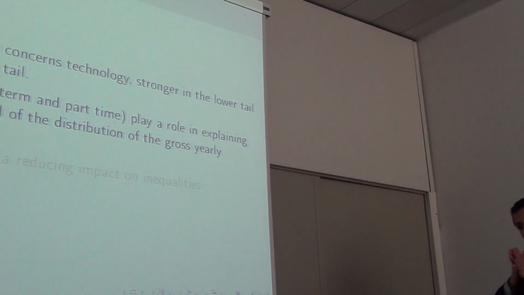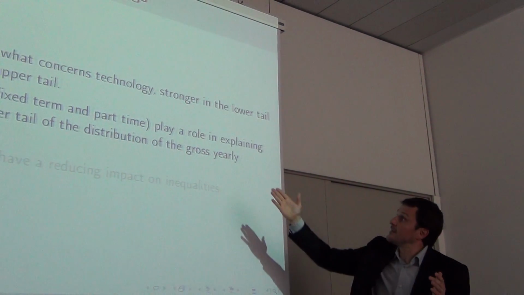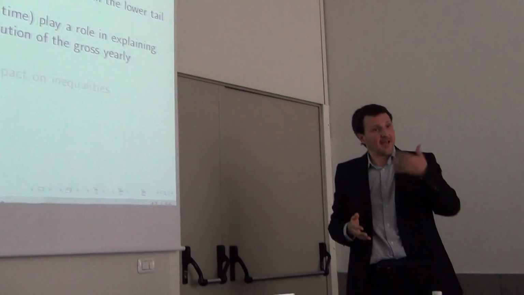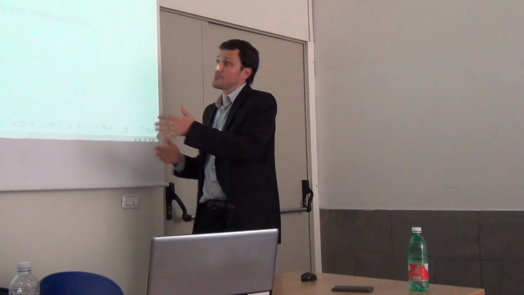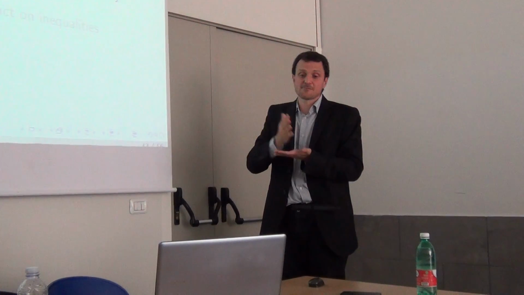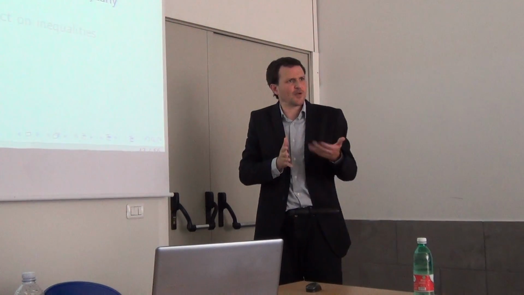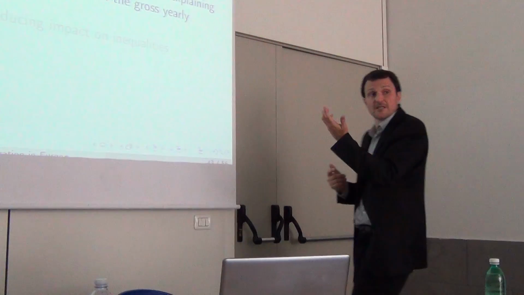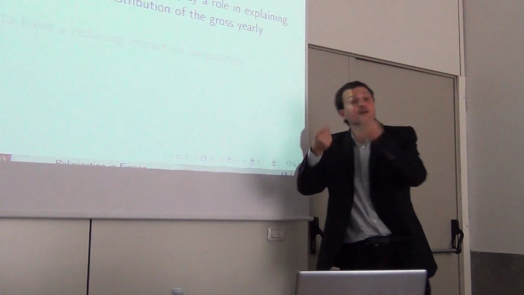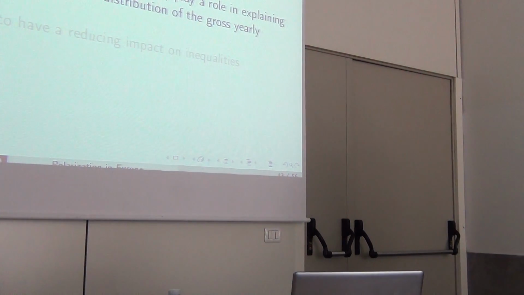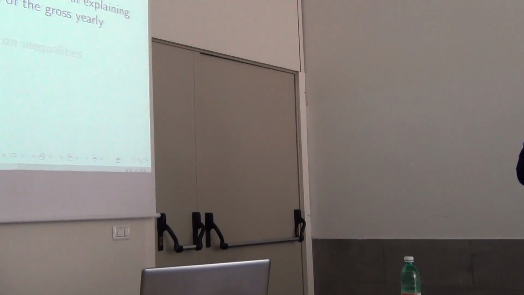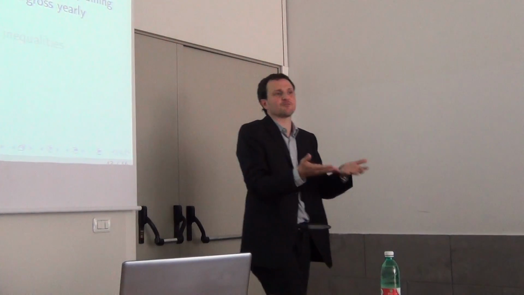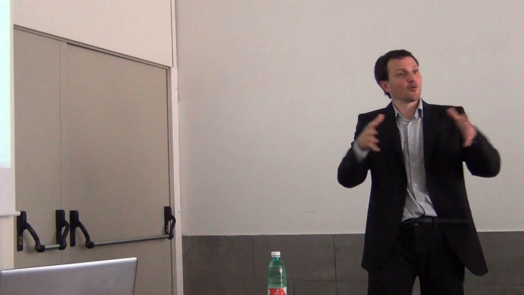When we consider the yearly income, we find out that actually the increase in the 90s and 2000s of fixed-term contracts and part-time, so the increase in flexibility, has penalized especially the workers at the bottom of the distribution, quite consistently, like 50%. So we have an impact of institutions that is very important when you consider the yearly wages. And it's not surprising, no? Hourly wages, the empirical literature shows that there are some differences, like 10% of differences, but not very much. The difference comes out along the whole year.